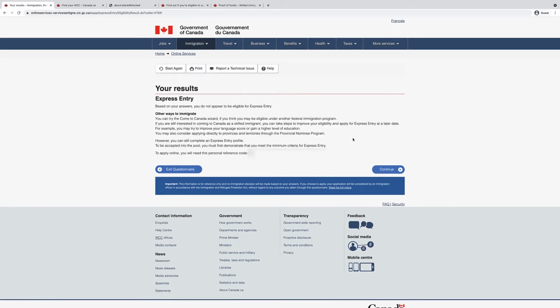So then you will get your results. In my case, because of my age and not currently having a job in Canada, I appear not to be eligible for Express Entry. But there are other ways to immigrate. So you can try to look at the Come to Canada wizard if you think you may be eligible under another federal immigration program. And if you are still interested in coming to Canada as a skilled immigrant,